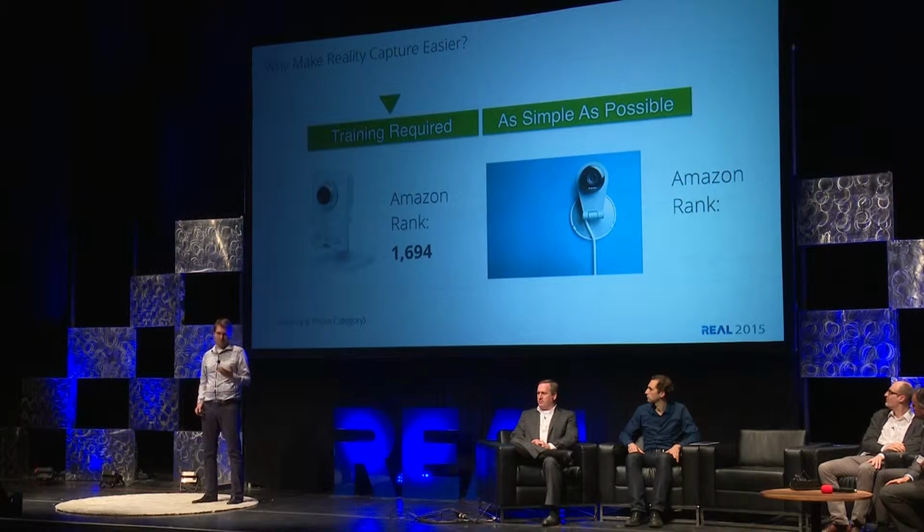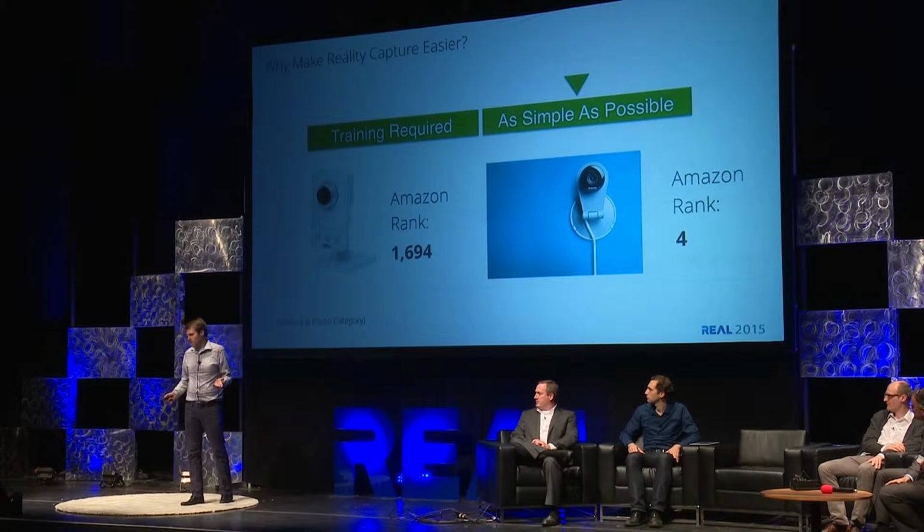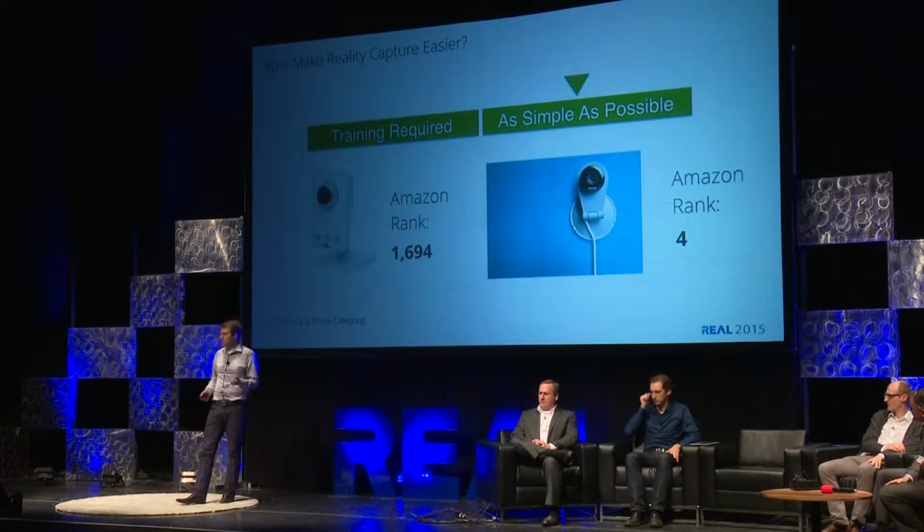Well, on Amazon, you can buy an Axis web camera, almost the same specs as the Dropcam, and it's the 1700th most popular product. Not too bad, maybe. But how's the Dropcam doing? It's doing rank 4. Why is it doing so much better? And why is this essentially the top-selling camera on Amazon? The reason is not because of its hardware, but because of its software and attention to detail.